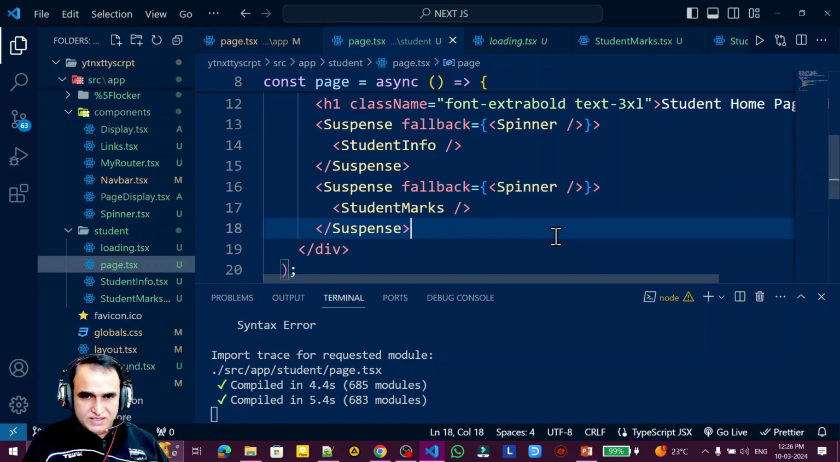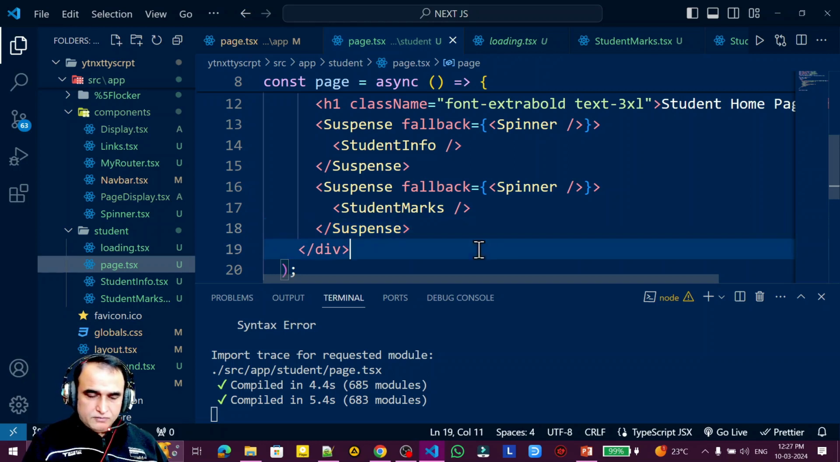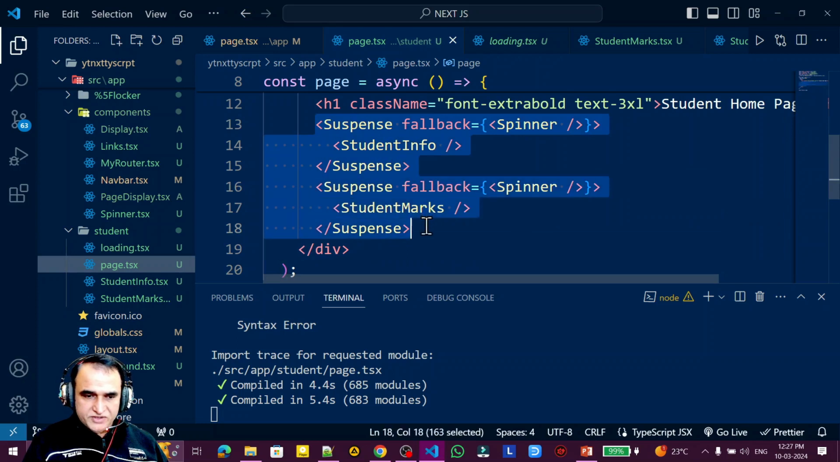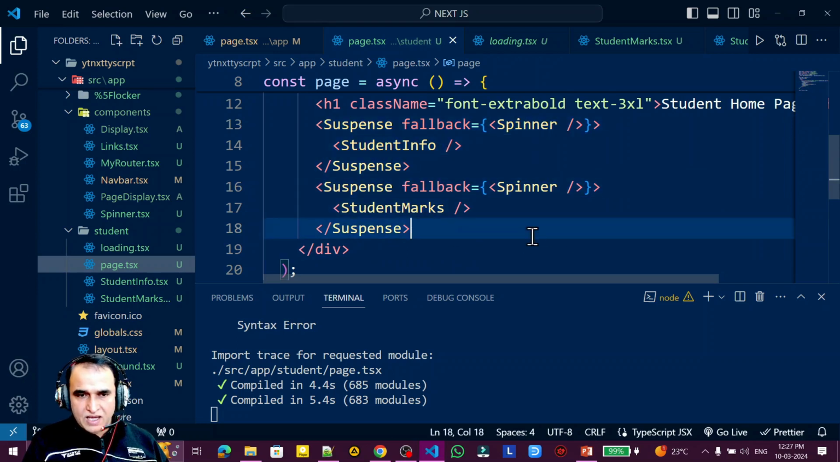I think you understand now what is the concept of streaming, what is the difference between loading and streaming. That is clear to you. If you understand now what is the difference between streaming and loading UI, how streaming can help in loading UI,